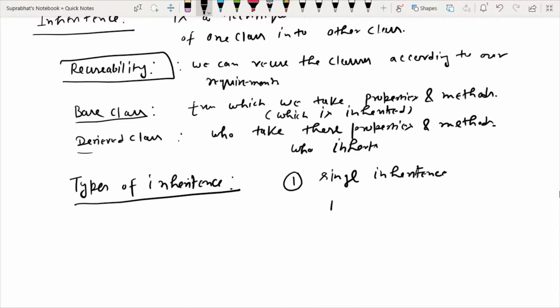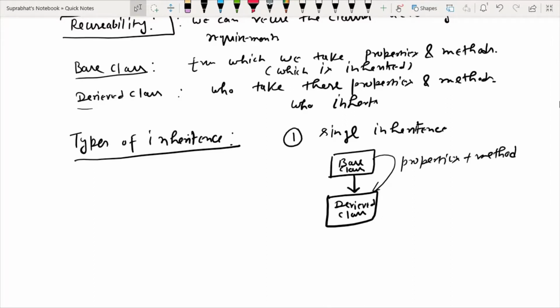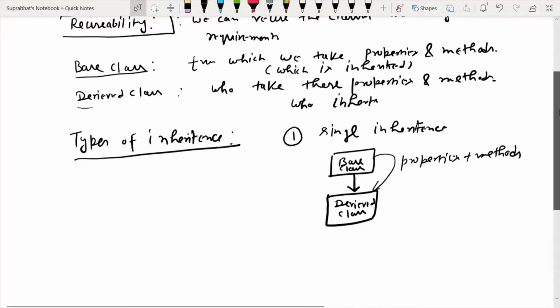In single inheritance we have one base class and one class that is derived from it, one derived class. This is the form of single inheritance, where we have one base class from which we acquire the properties plus methods into the derived class. And the second type of inheritance, one by one we will discuss.